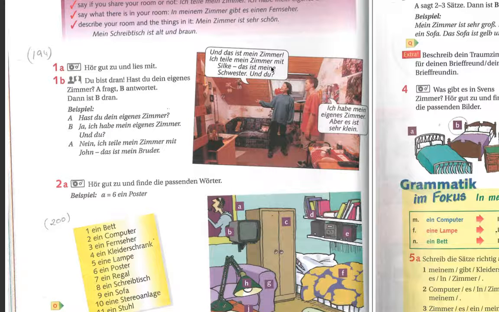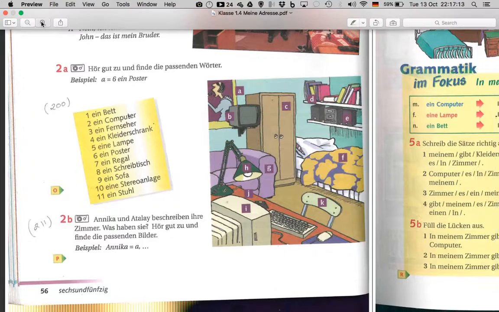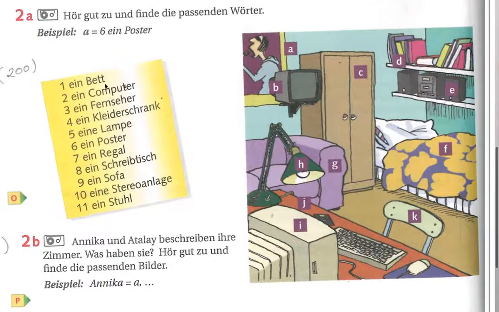Ich teile mein Zimmer mit Silke. So, she shares her room with her sister Silke. Ich habe mein eigenes Zimmer. He has his own room, aber es ist sehr klein. Small. So, again, talking about things that are in your room. In meinem Zimmer gibt es